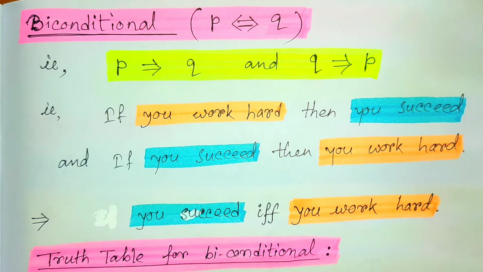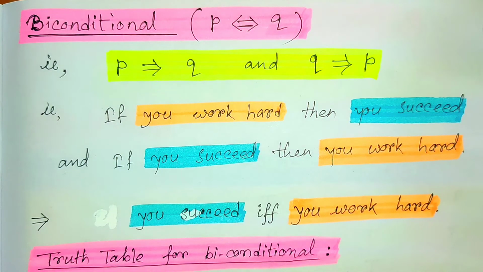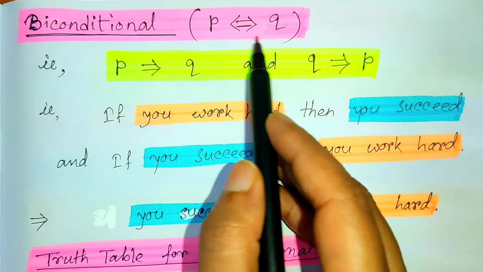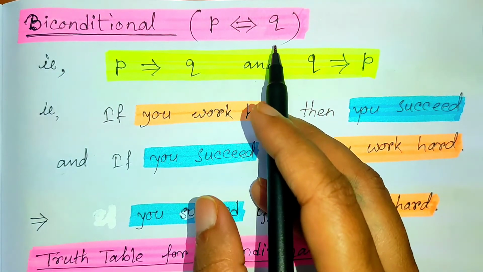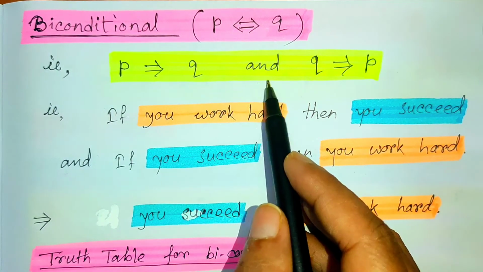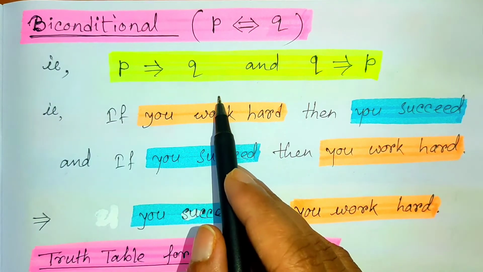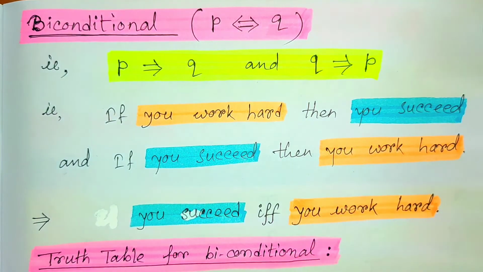In this video lecture, we are going to know about the logical connective biconditional. So what is this biconditional? That is the symbol, that is P and Q. If these are the two propositions, then biconditional can be written in this way. And what does it mean? It means that P implies Q and Q implies P. That means simultaneously both are happening. P implies Q and Q implies P. Both should be there. Then it will be biconditional.